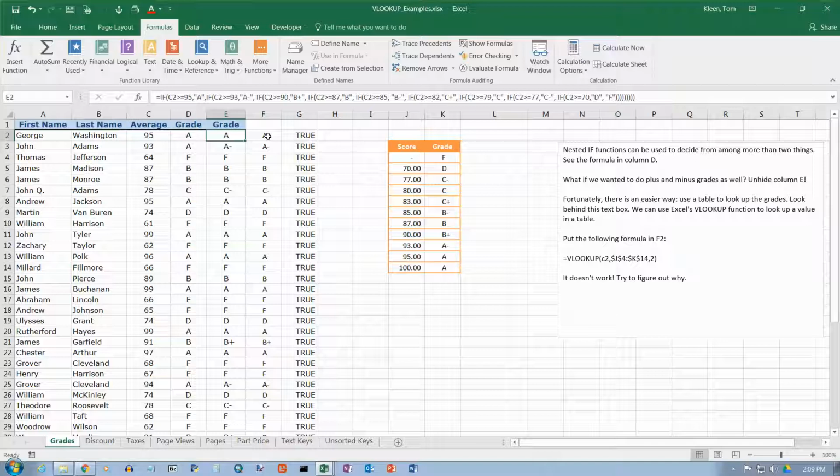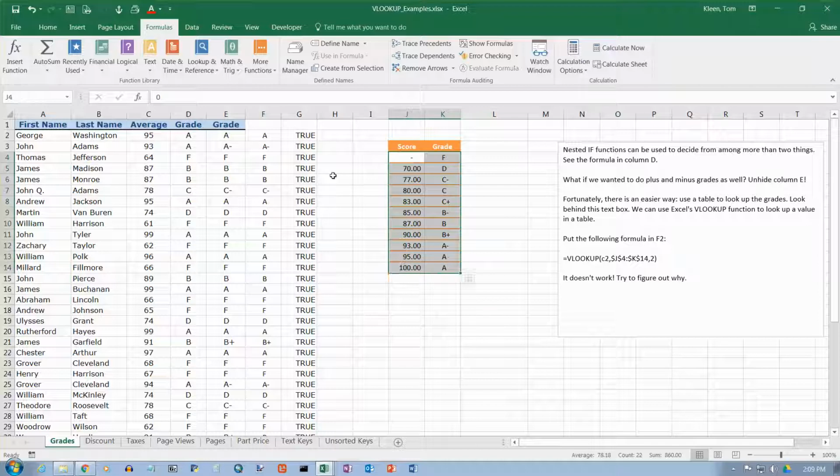And we found out that we could do the equivalent just by using a lookup table over here and looking up the grade from column C in the table over here in J and K, and looking in column 2 to figure out what the person's grade was. Okay, so now we're going to look at a few more examples, and we're going to click on the discount